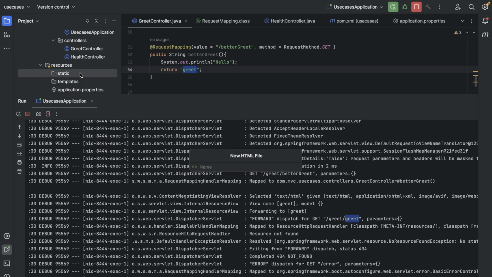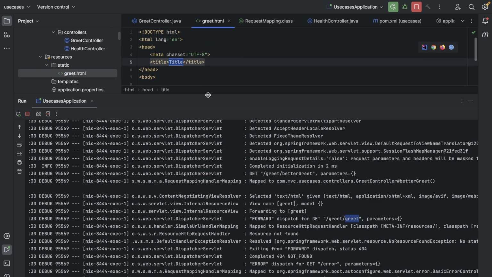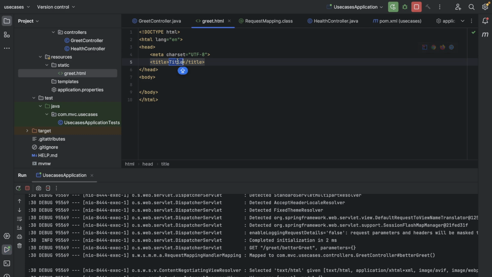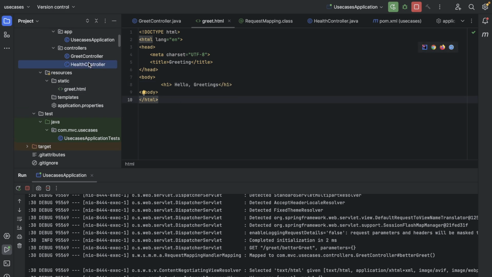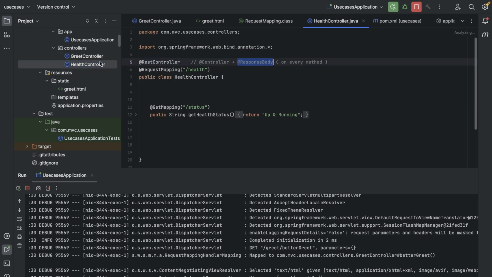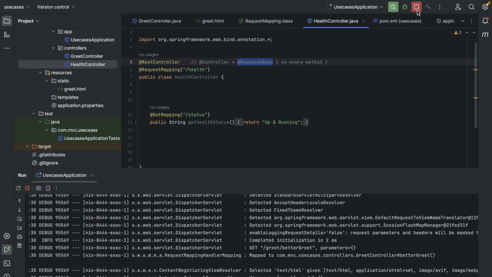The HTML file I require, I want to name it greet. Okay, nice. Now the title greeting, and the body, let's just take h1 hello greetings. Cool. So now in the static I have this HTML, and in the greet controller,